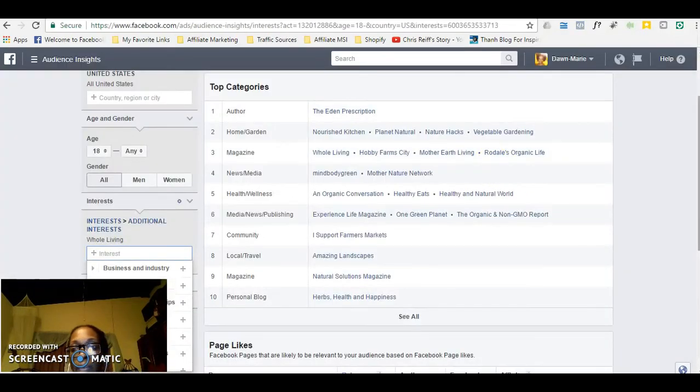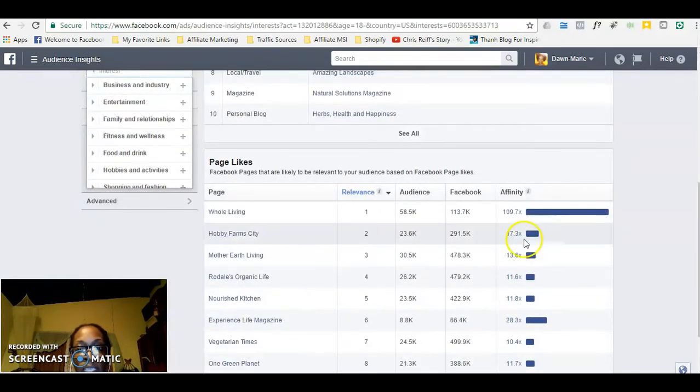And then I make sure that the affinity is a very high affinity. In this case, more than 100. Anything that's very high, maybe 70, bordering on 80, going to 200. Those are very high affinities, so they are more than likely to be interested in your product. And you only want to show people who are more than likely to be interested in your product, because then they are more than likely to convert.